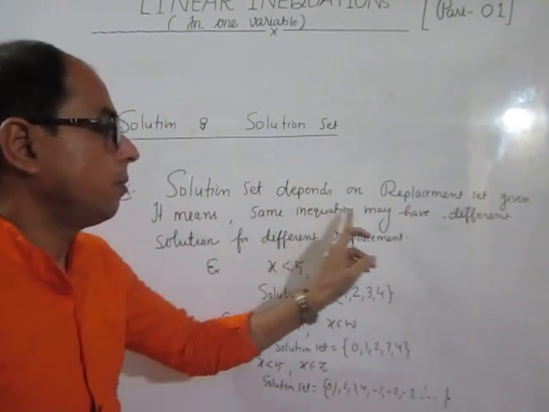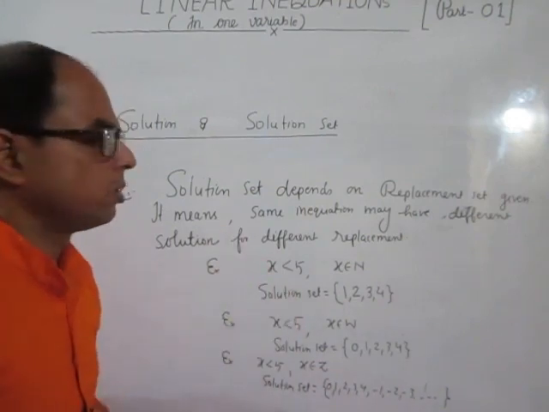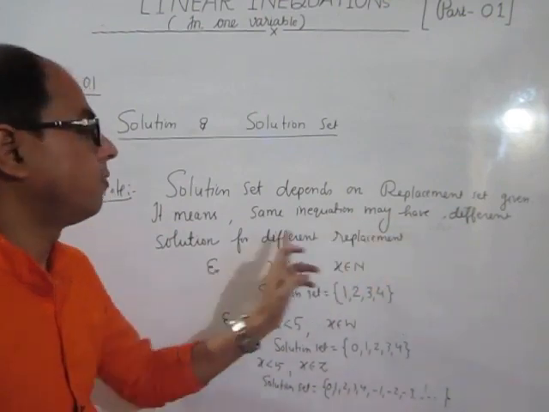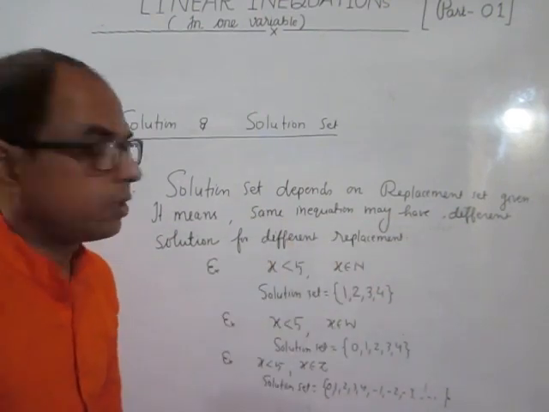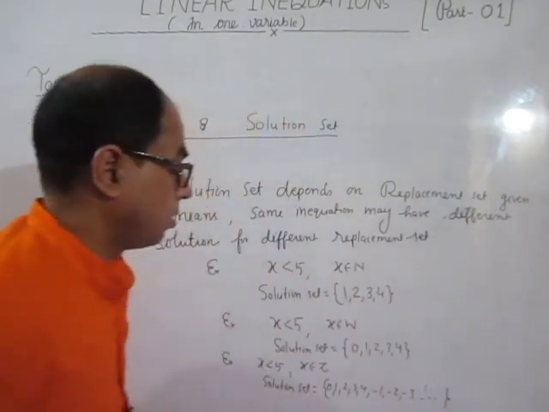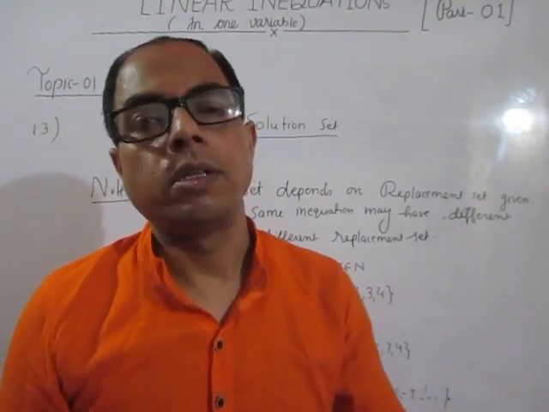The same inequation may have different solution sets for different replacement sets, though sometimes the solution set may be the same also. So this is topic 1. Now in the next lecture